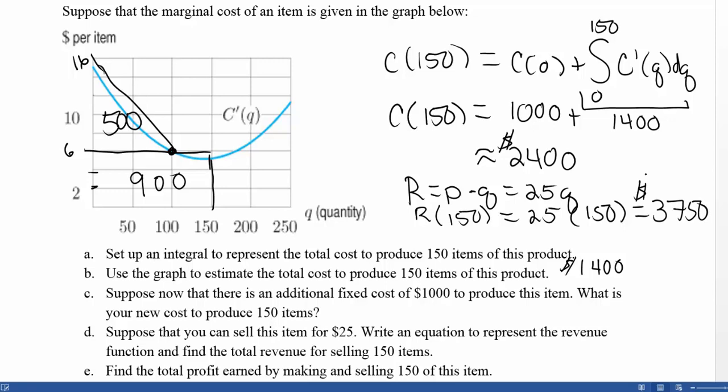So that's how much money I take in from selling 150 items. Part E, find the total profit earned by making and selling 150 of this item. So remember, profit is revenue minus cost. We just found the revenue in part D, so that's $3,750 minus, now we said the cost was approximately $2,400. So we take the difference between the two and we're going to get